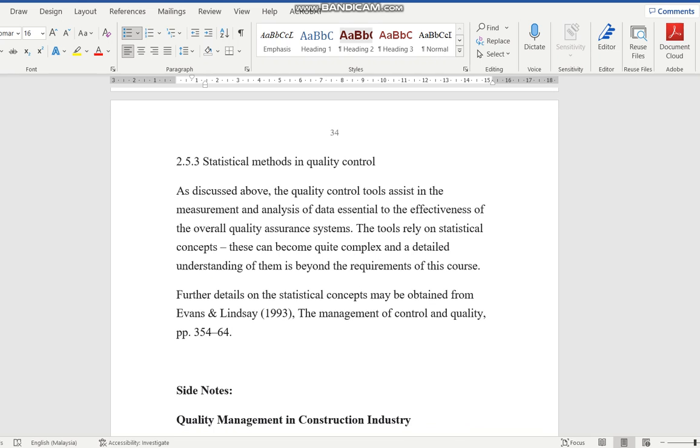And statistical method, of course, is very, very common. Statistical method is a very big thing in QC, QA, QC. So this one is going to be covered by Dr. Shen Li. Okay,